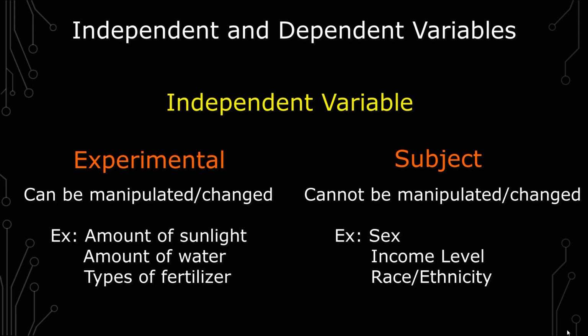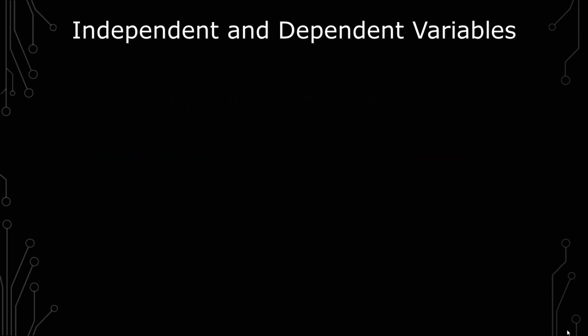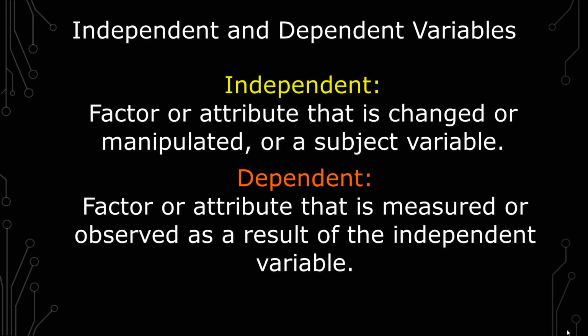Now, they may factor or matter, but the way you understand the nature of that variable is very different from being able to manipulate a variable like sunlight to plants. That's just something I wanted to add because it is very important to understand that independent variables are not all the same. In conclusion, the independent variable is the factor that is being changed or manipulated, or a subject variable